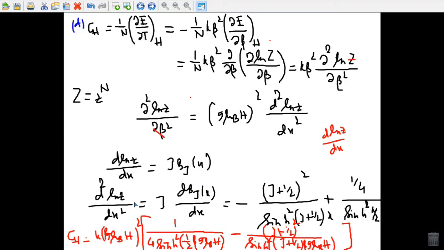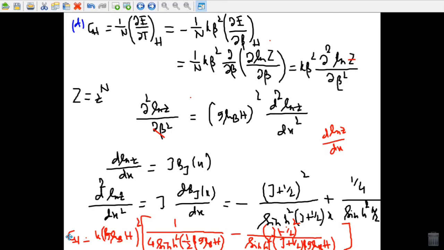So d^2 ln z/dx^2 is J times dB_J/dx, that is minus (J + 1/2)^2 divided by sinh^2((J + 1/2)x) plus 1/4 divided by sinh^2(x/2). So that finally the